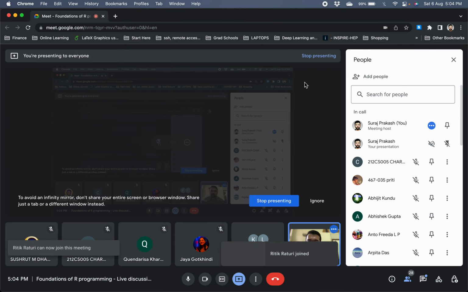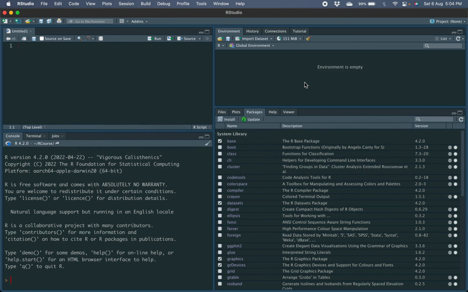let's go back to where we were last time. So if you remember, we were working with R Studio and this is what the starting interface looked like. So you had this console at the lower left corner. Upper left corner you had the option of writing a script. It's known as the R script. I'll spend some more time on R script today. Then on the right hand side, on top you have this environment or history or tutorial pane, where environment